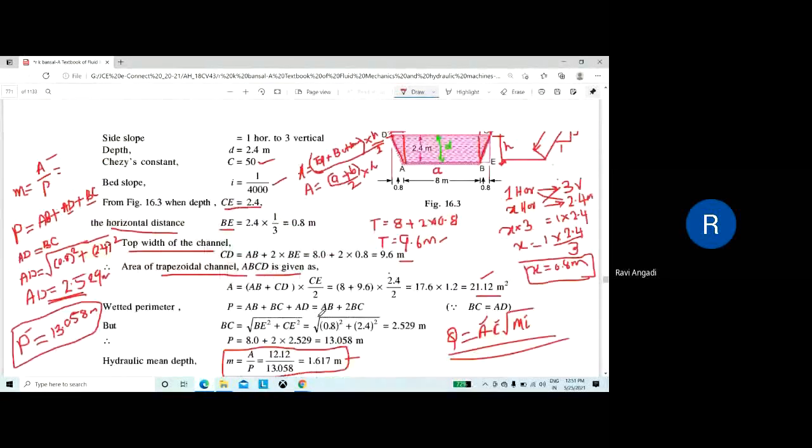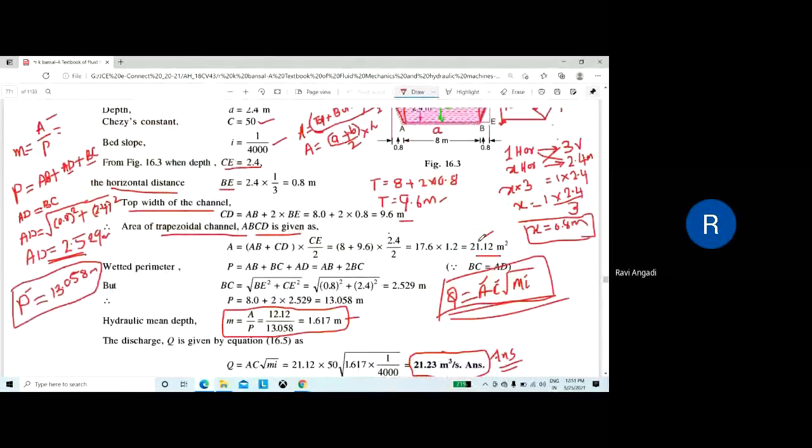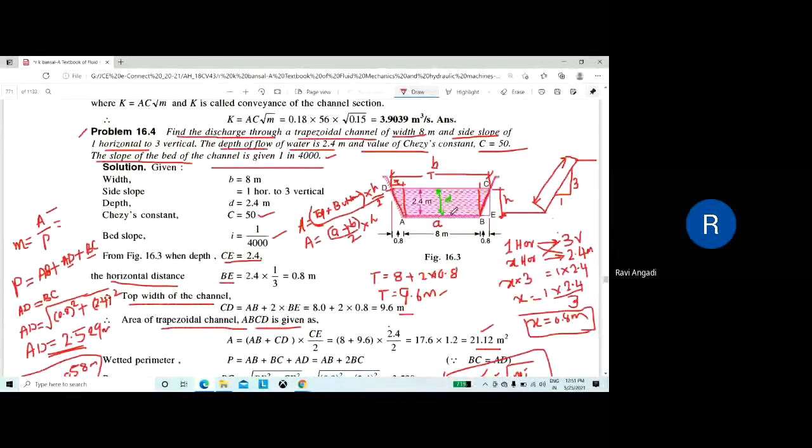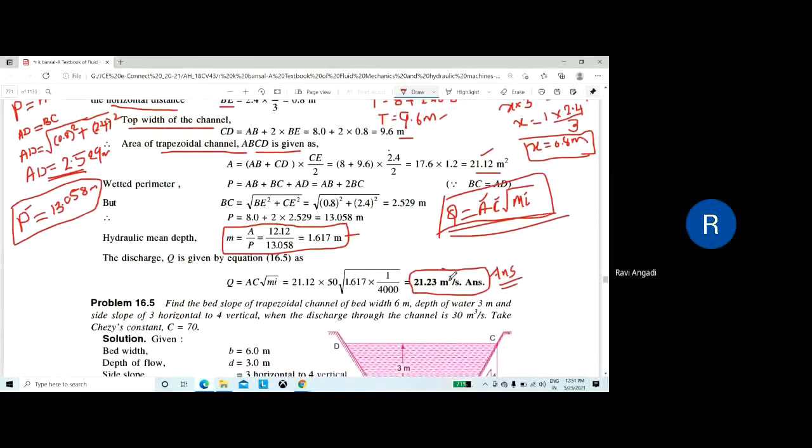Trapezoidal section. The only thing is you have to remember this formula. In this formula, if Q is given, other parameters will be asked for you to calculate. If Q is not given, they will ask for the discharge only, and other parameters will be given. From the shape of the channel section, you have to calculate the dimensions of the channel section, hydraulic depth, and other parameters, substitute them back in the equation, and you'll get the required data.